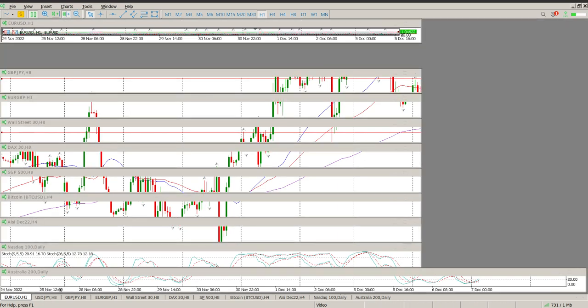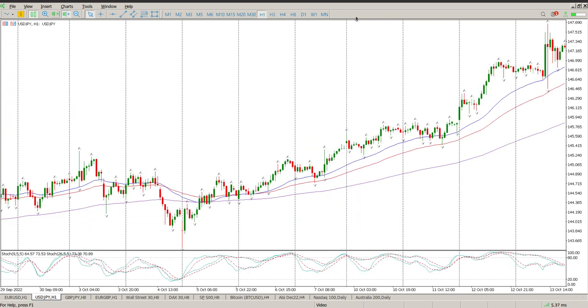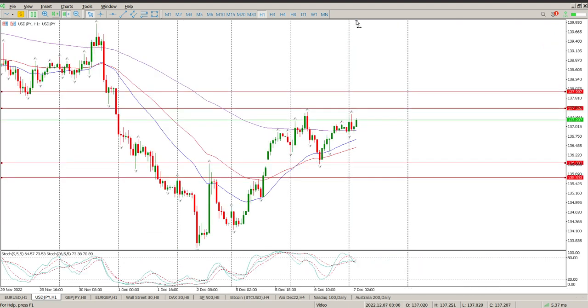Moving on to US dollar Japanese yen. We are getting back into a zone here, which is pretty much the reverse of what we're seeing on Euro USD. Difference is here we're in a clear downtrend, and you can see moving averages crossed over, everything is leaning towards the downtrend. Divergences forming here, so I'm expecting a rejection in this area. So if we get down to the hour,